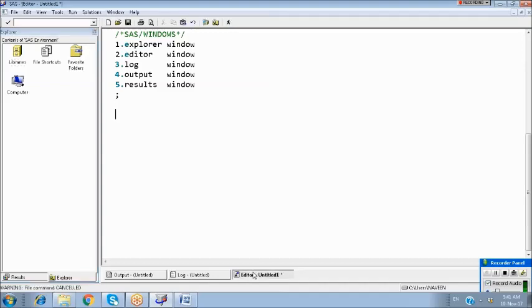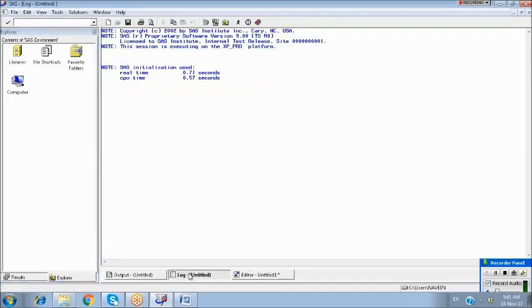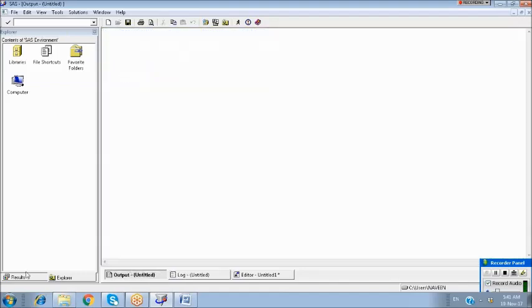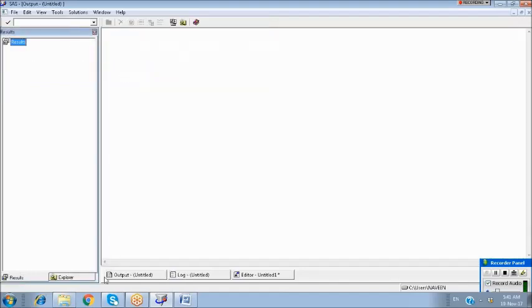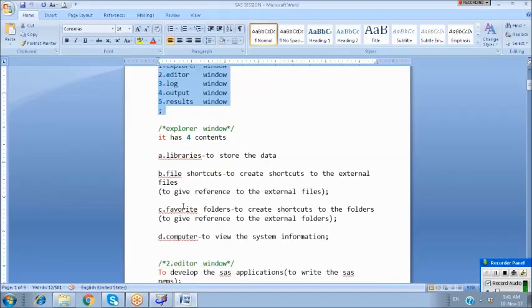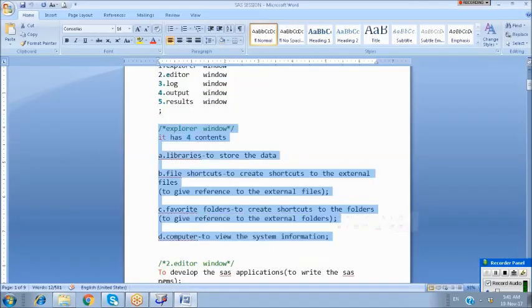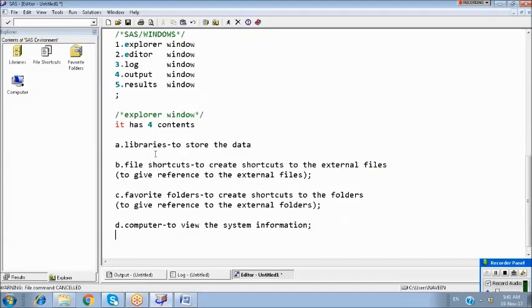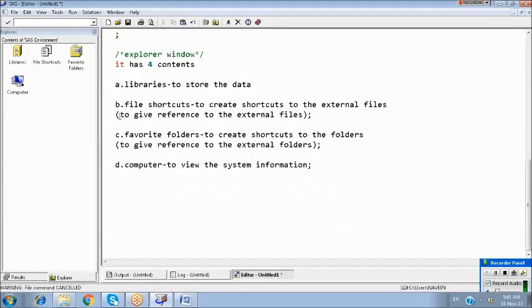Next, Editor. Next, Log. Next, Output. Next, Results. First of all, the Explorer window. In the Explorer window here, you can see 4 contents: